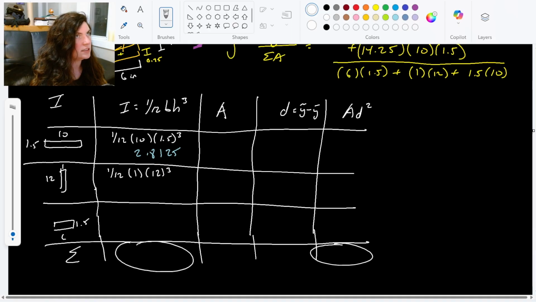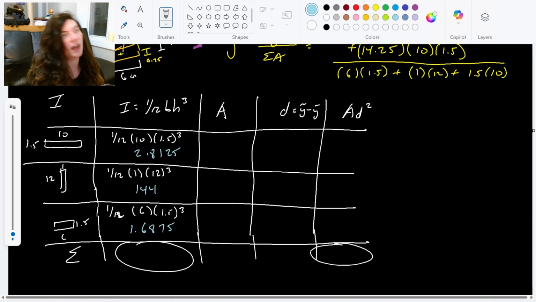If I plug that into my calculator, I get 144. Then my third shape, 1/12 base is 6 times height is 1.5, and that gets cubed. It gives me in the calculator 1.6875. And then my areas, I have 10 times 1.5 is 15, 1 times 12 is 12, 6 times 1.5